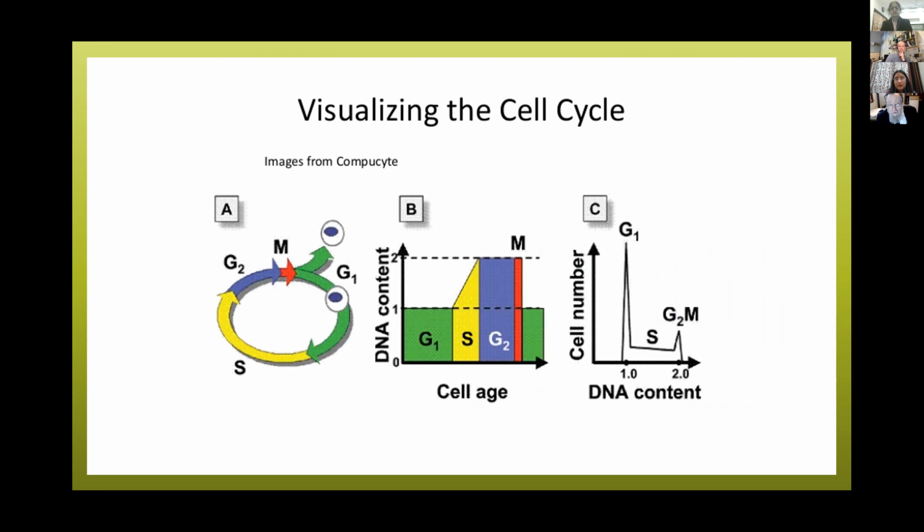This picture depicts the change in the DNA content of a cell when it is going through different phases of the cell cycle. The first stage is the G1 phase, which is the growth phase, in which there is duplication of the cellular content, but the nuclear content remains the same. It is diploid. Now, in the S phase, that is the synthetic phase, there is duplication of the DNA material. So you can see here that there is a rise in the DNA content. And in the G2 phase, the nuclear content has duplicated, so it is double what was present in G1.